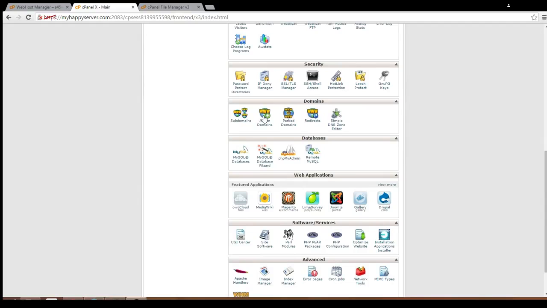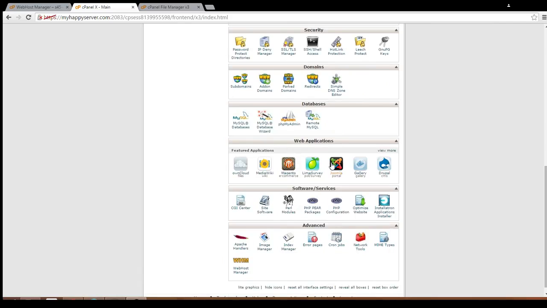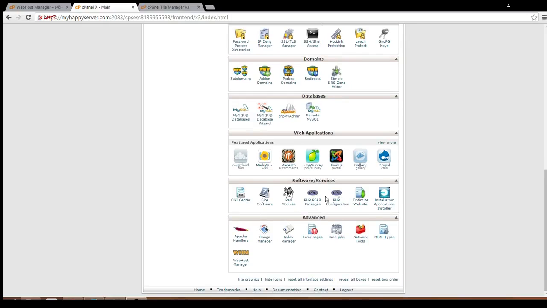And then you can create additional domains, and you can create parked domains where they're just sitting with this domain. They're not really using individual sites. You can set up redirects, you set up your databases, access PHPMyAdmin. You have web application choices. This isn't available on all cPanel accounts. I think this is an Installatron version, so that's why you have all these options. It's good to get Installatron. If you have that available to you, you should utilize it. You can configure PHP, then you have some advanced options. Here's your cron jobs, and